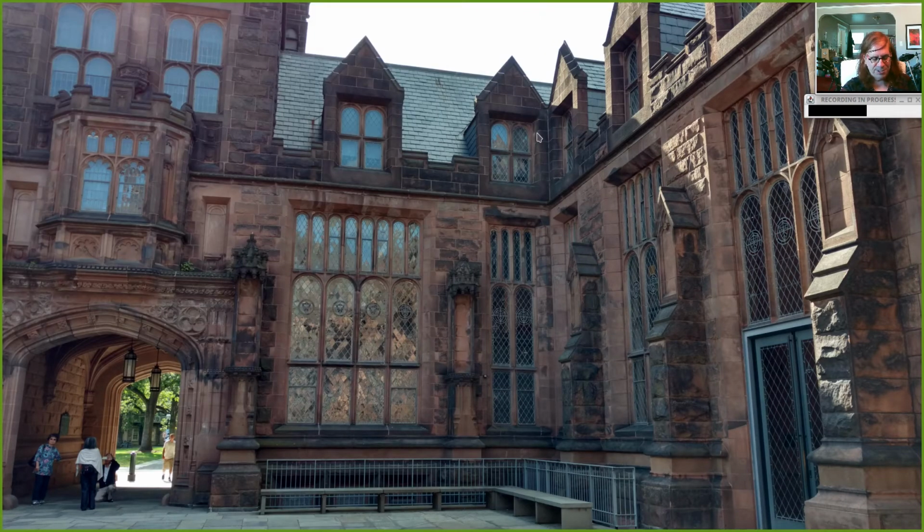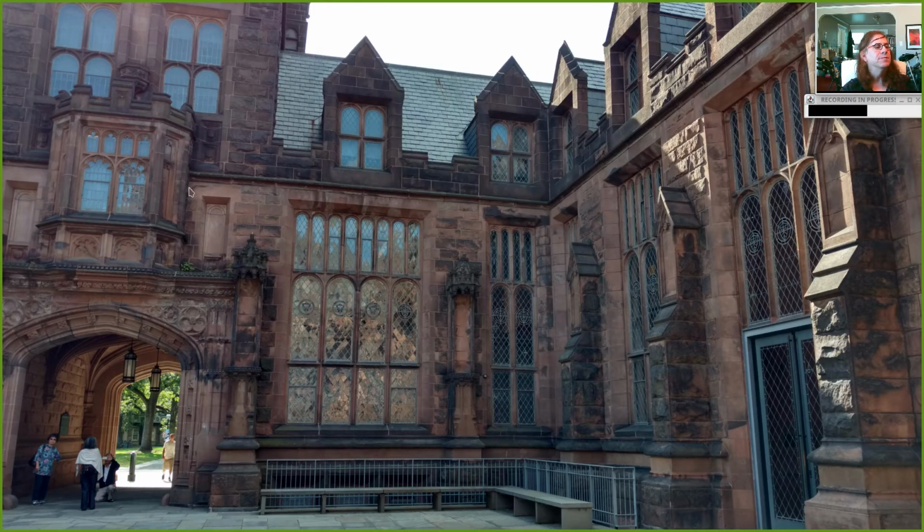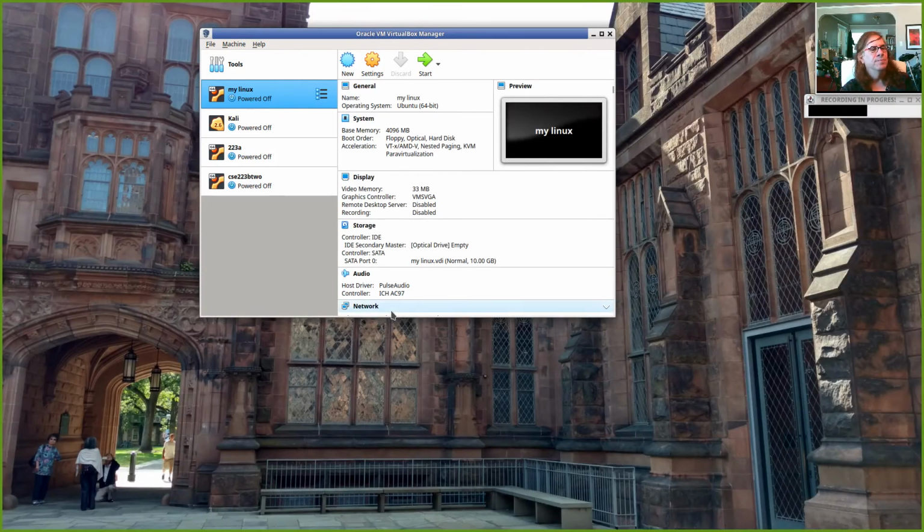And if you do this, here's what you end up with. So this is the VirtualBox main window, right? And these are different systems that I've created. My Linux is just kind of a default Linux system. Here's a Kali Linux if you want to do some security stuff and so on.